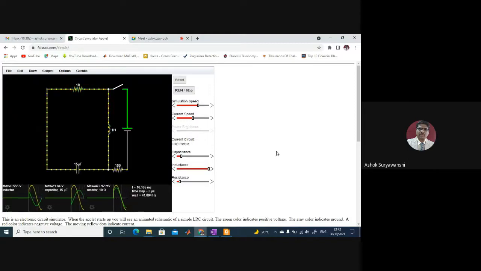Once you type that, this electronic circuit simulator will open like this.